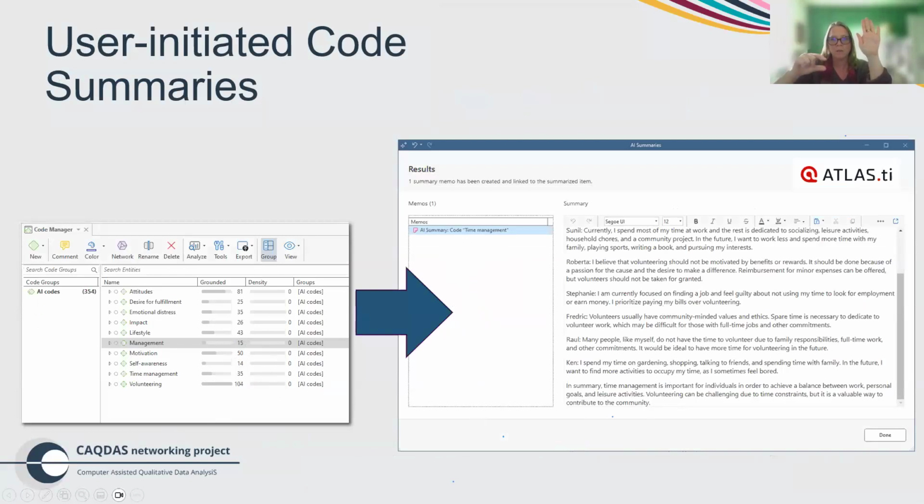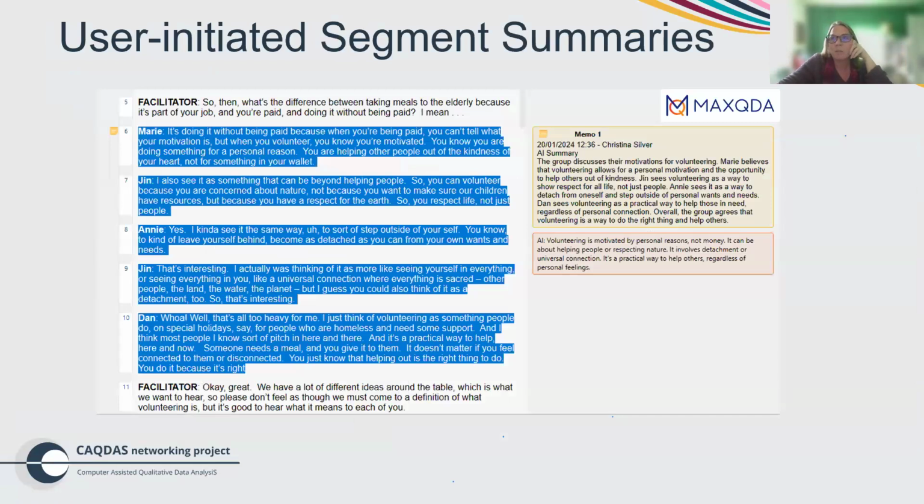This is looking at little bits of data related to a code, across multiple data files, and summarizing based on that code. Another example of user initiated summaries are segment summaries in MaxQDA. You can select a segment of whatever size you want and have a summary generated there as well.